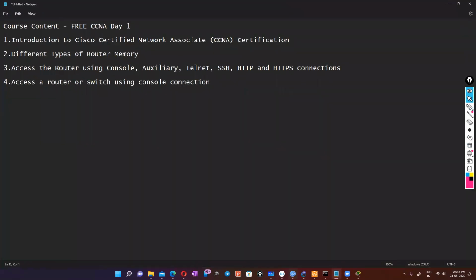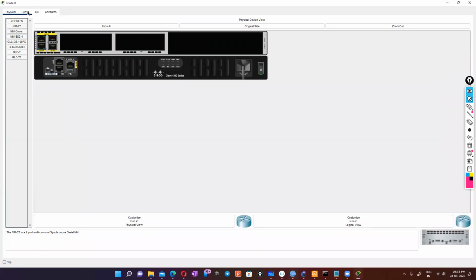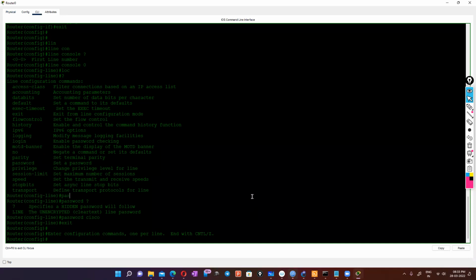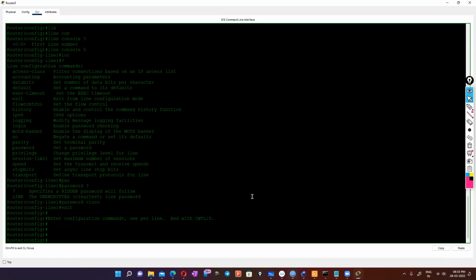So let me check the course content. So now we will do a Telnet configuration. So Telnet is terminal network. As I told you, Telnet is a terminal connection. You can specify your connection from 0 to 5 and then 15 to 20, I believe. I'll log into the device and see exactly what the count is, but you can define the number of connection